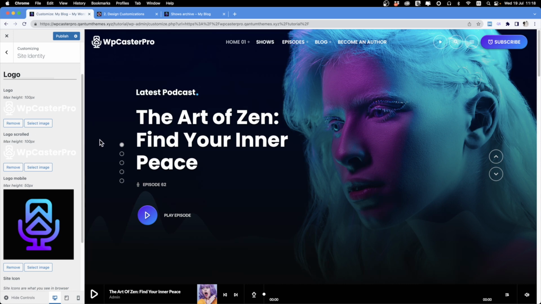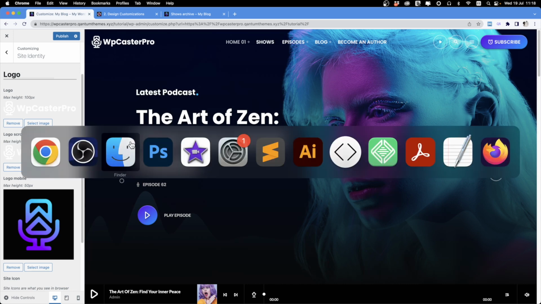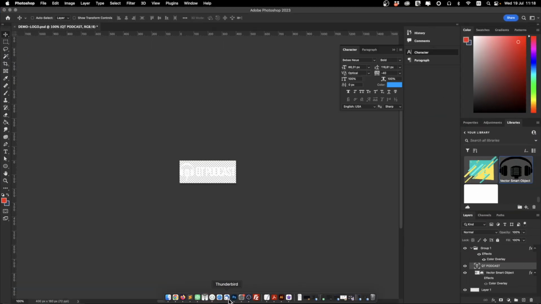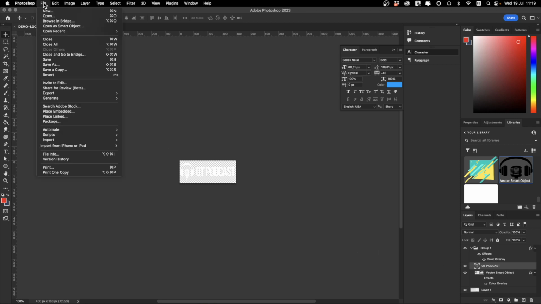Let's make an example. Let's say we want to use this logo on our website. So we want to have two different versions. This one is perfect for a white background and this is for a black background or on top of a picture. So when you export this logo, make sure to do File,